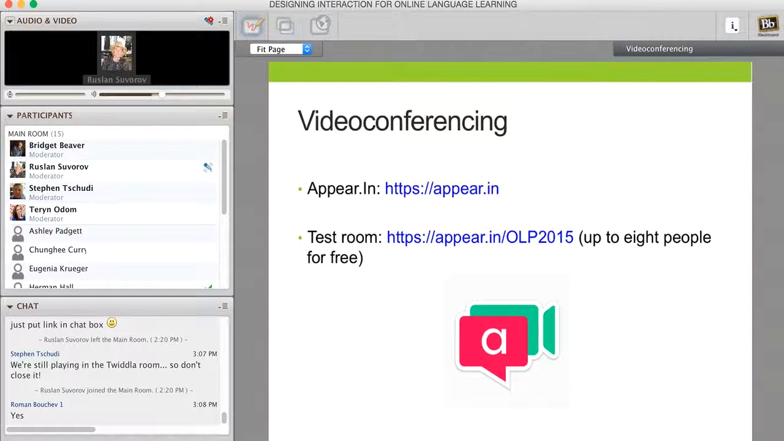Another tool that I personally find quite useful is Appear.in. Appear.in is a web-based video conferencing tool that does not require any installation or any registration. You can basically just go to appear.in and create a name for your room. What I did, I created a room called OLP 2015, and there can be up to 8 people in the